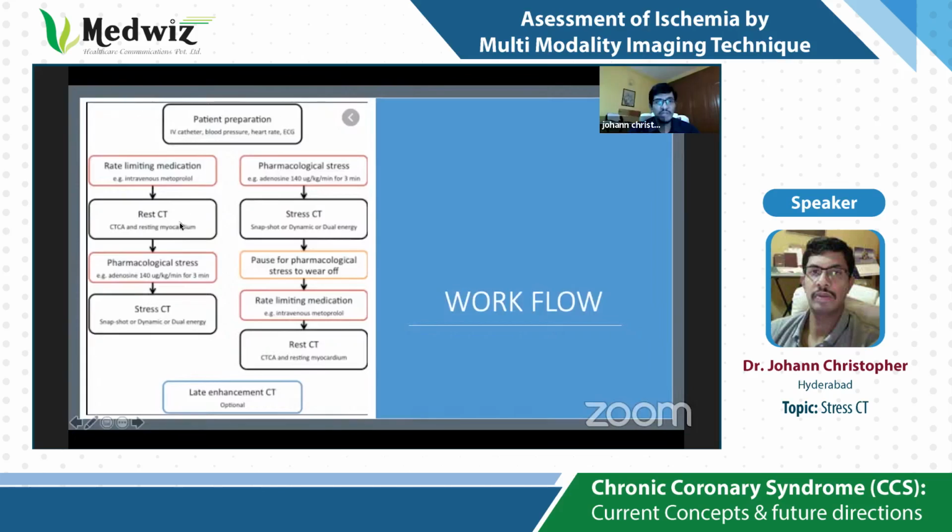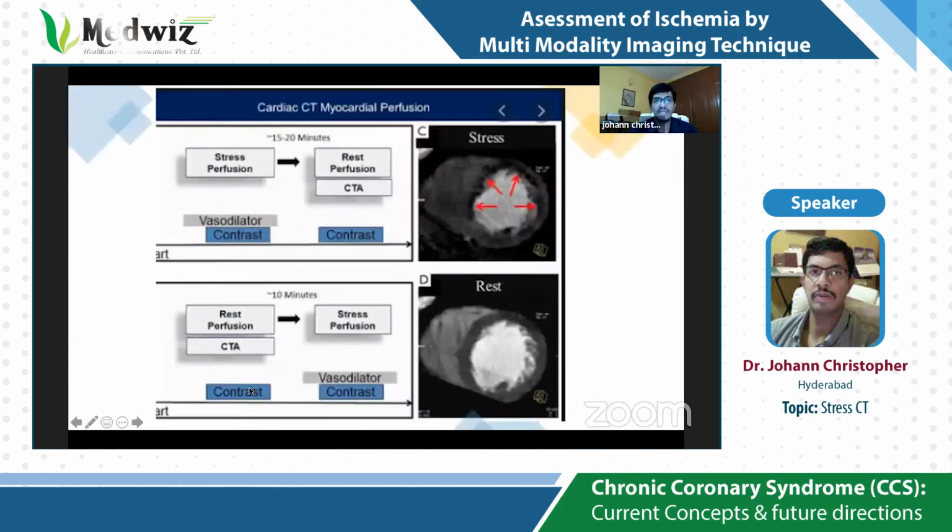The first is where you use a rest CT protocol, and the second is you do the stress first, and then finally you get to do the late enhancement CT at the end of 30 minutes. Now, the stress perfusion first and then the rest perfusion has its advantages, in that you have a well-established team doing it on a regular basis, so you don't miss anything. You don't have to use a lot of beta blocker to prevent the ischemia cascade, and also you don't get